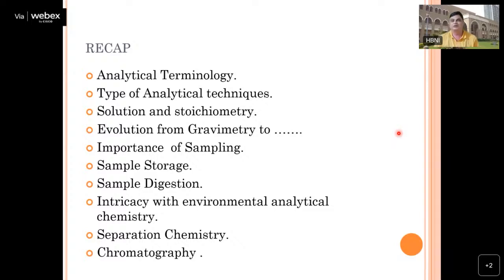Whereas to balance the equation, we need a coefficient. So coefficients are there. By the help of those coefficients, you can balance the equations. Then we had seen how the evolution of analytical chemistry took place. Analytical chemistry started from gravimetry. There are certain problems in gravimetric analysis: if the precipitation is not complete, or maybe you are not getting a suitable precipitate, then those things have been overcome by using